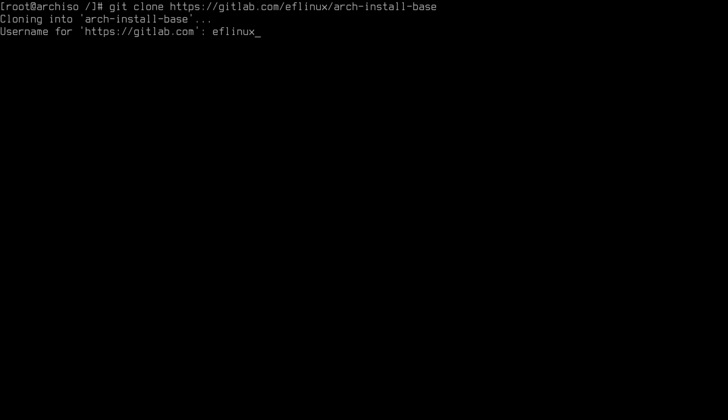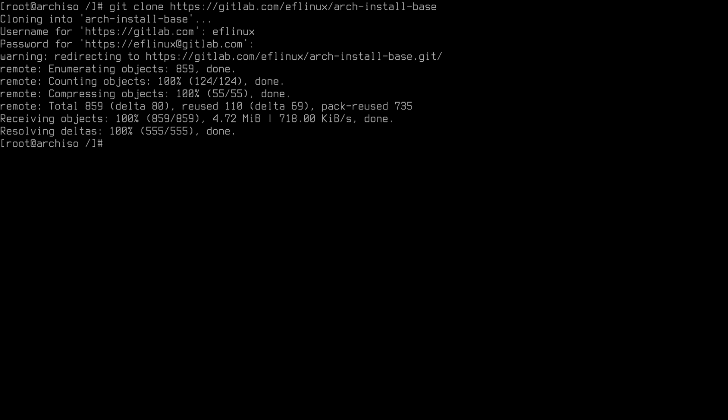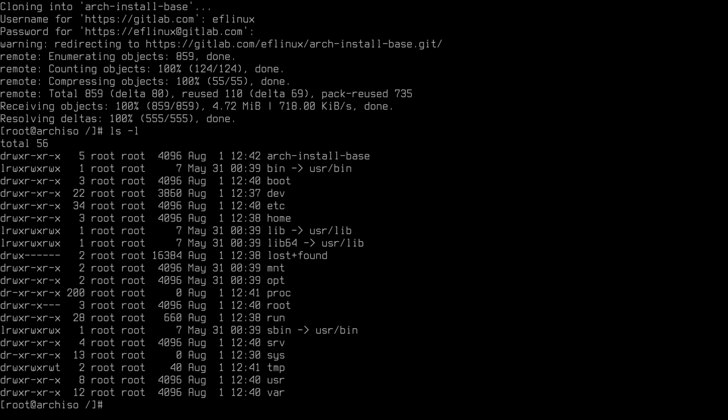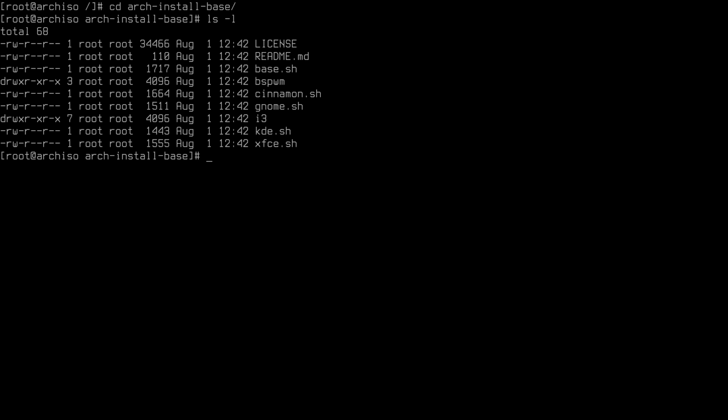And I need to authenticate because it's a private one. Now I can move into my repository. If I type in ls -l, you will see arch install base is on the top. So I can move in there, cd arch install base, ls -l. These are the scripts I normally use to install Arch. What I need now is the base script, but I need to edit it very quickly. So vim